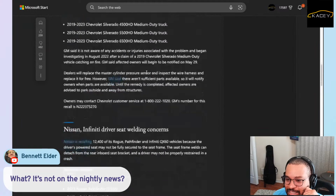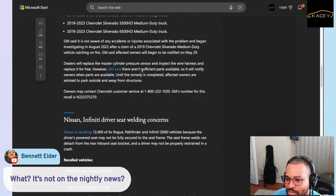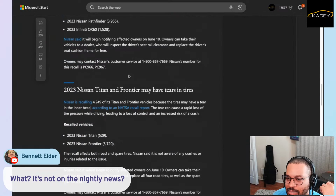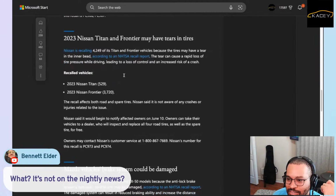Yeah. Nissan and Infiniti driver seat welding concerns. That's not good. 2023 Nissan Titan and Frontier may have tears in the tires. How does that get out of the factory? Oh, the inner bead. Did you have like a whole crew that didn't know how to set a tire? Because you should notice it when you're putting them on that these are different than the other ones. 2023 Nissan Titan 529, 2023 Nissan Frontier